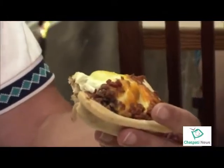I don't like to use a knife and fork when I eat my meat pie because how we were taught to eat them was with your hands. That's the best. It's like a little slice of